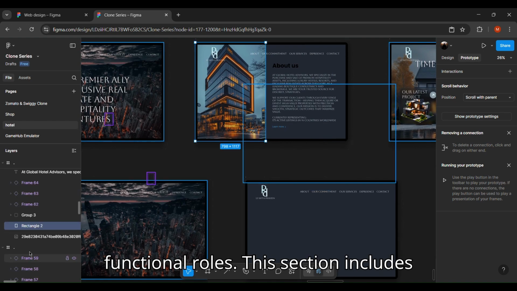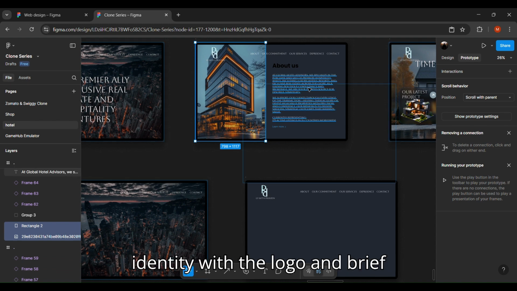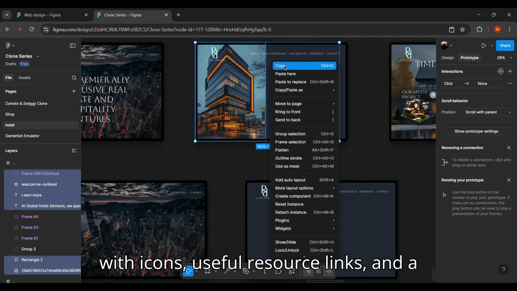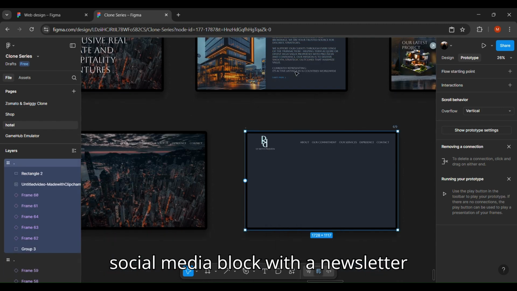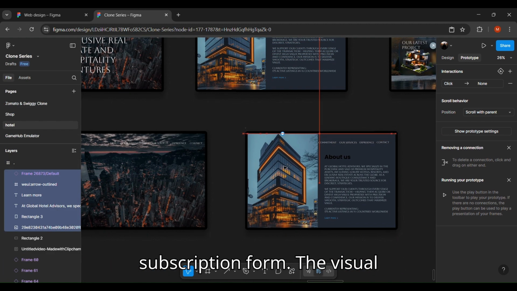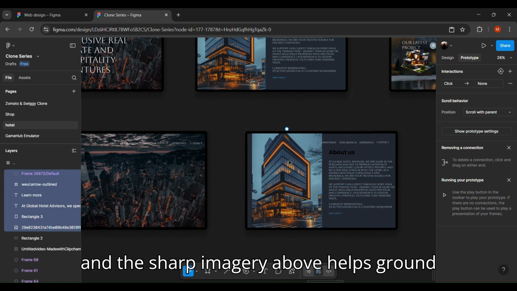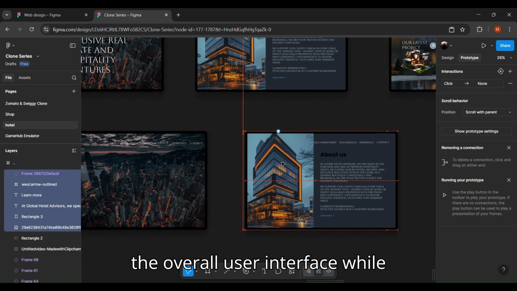This section includes 4 well-structured columns: brand identity with the logo and brief description, contact information paired with icons, useful resource links, and a social media block with a newsletter subscription form. The visual contrast between the dark footer theme and the sharp imagery above helps ground the overall user interface while